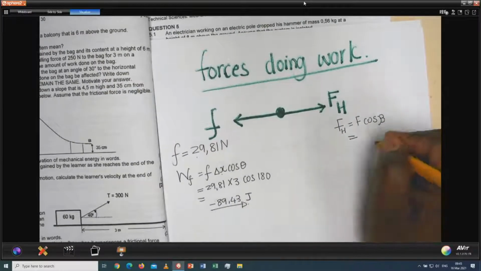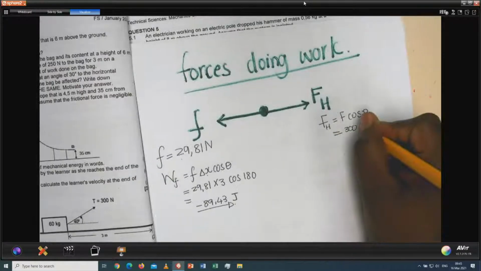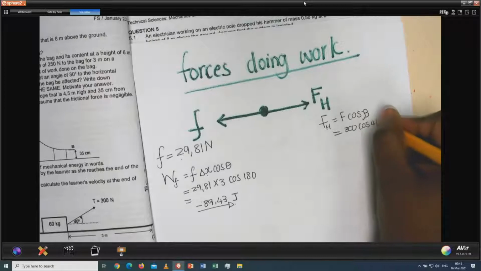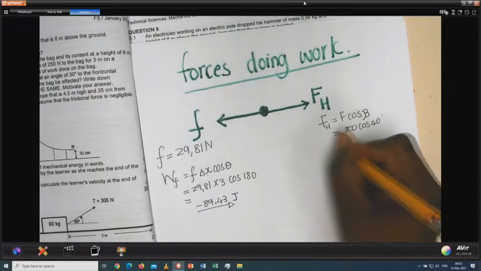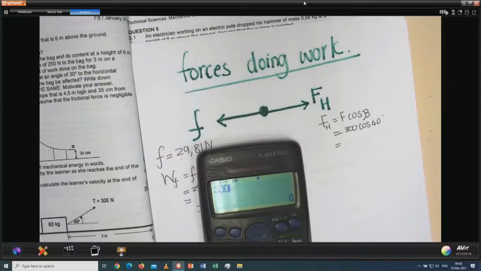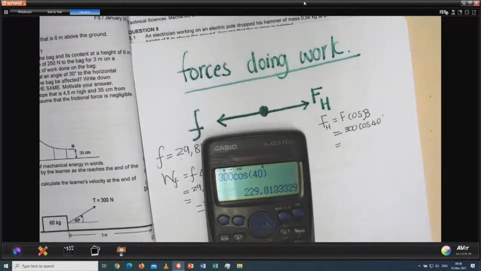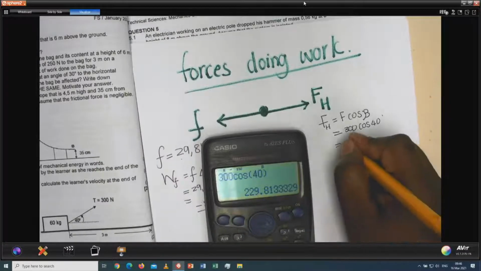And we say this is 300 cos, because that angle is 40 degrees. And then we go 300 cos 40 degrees. And you can verify again, 300 cos 40 degrees. Then you get